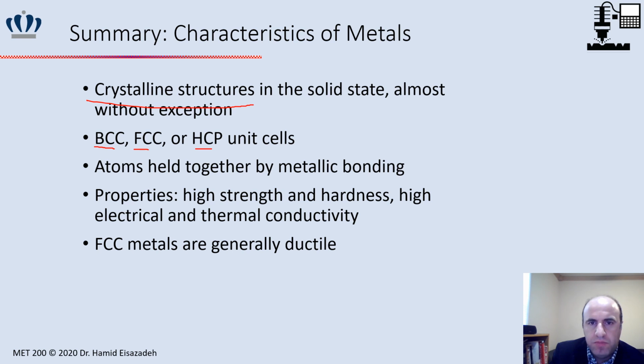Because of the metallic bonding, we have high strength and hardness, and high electrical and thermal conductivity. FCC unit cell provides good ductility, which is important when we are looking at manufacturing processes such as rolling, forming,